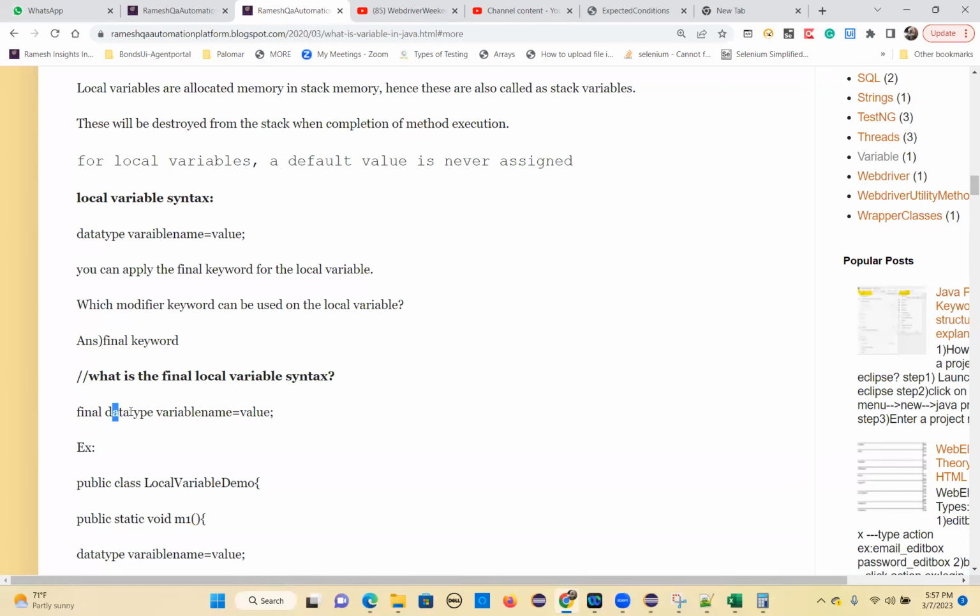Final data type variable name. What is the difference between this variable and this one? The first one is a normal local variable, where we can change the value; we can reassign the value. Here, with final, we will not change the value; we cannot reassign the value. That's the difference. See, if I make any variable final,